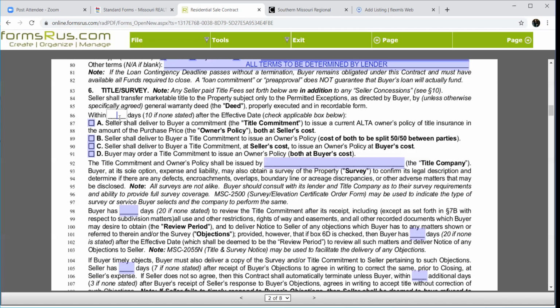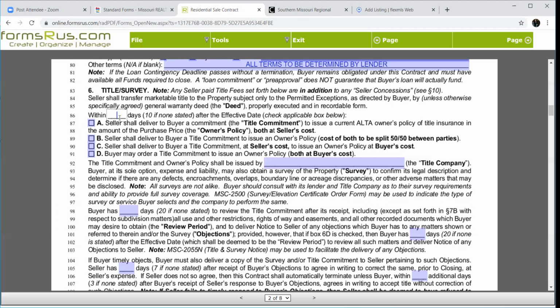B says we're gonna split it 50-50, which sounds great on paper, but it's gonna be very rare that your title search and your title insurance are gonna be the same amount. So somebody's coming out ahead and somebody's coming out behind. C is just what I described as the quote typical way to do it. Seller does the search, buyer does the insurance. And that's what you will typically see getting on contracts. And truthfully, that's most often probably what you're going to send.